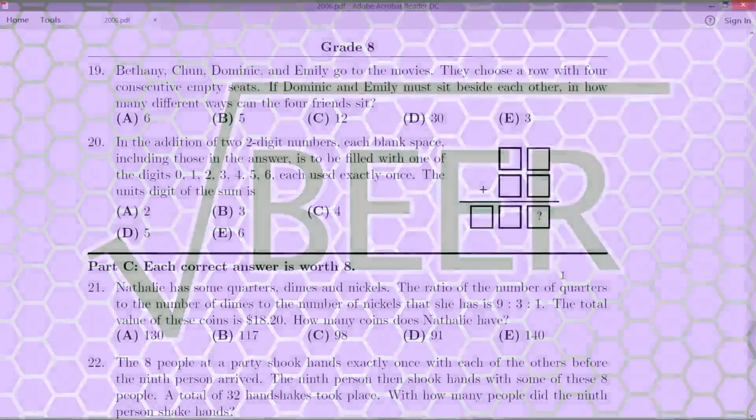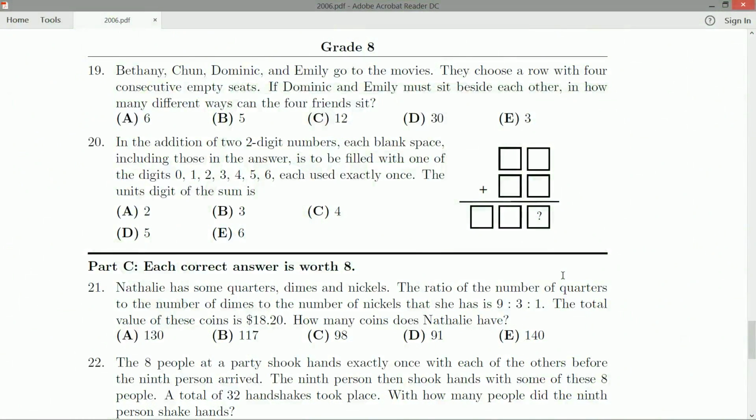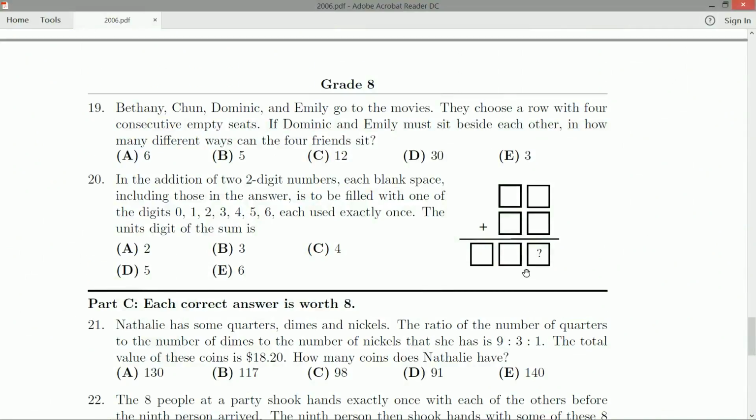Hello everybody and welcome back to the 2006 grade 8 Gauss paper. We're on this question right here, question 20, but before I get into it and taking a look at it,